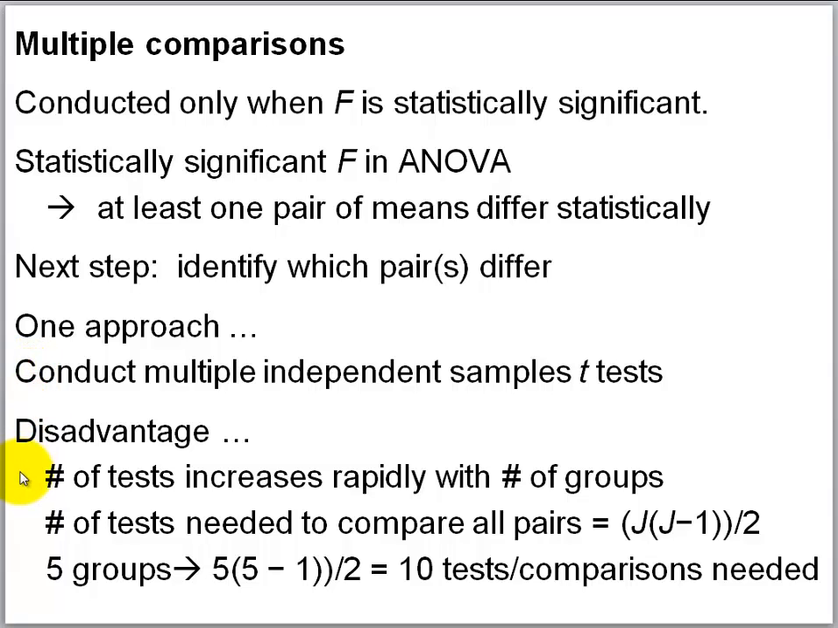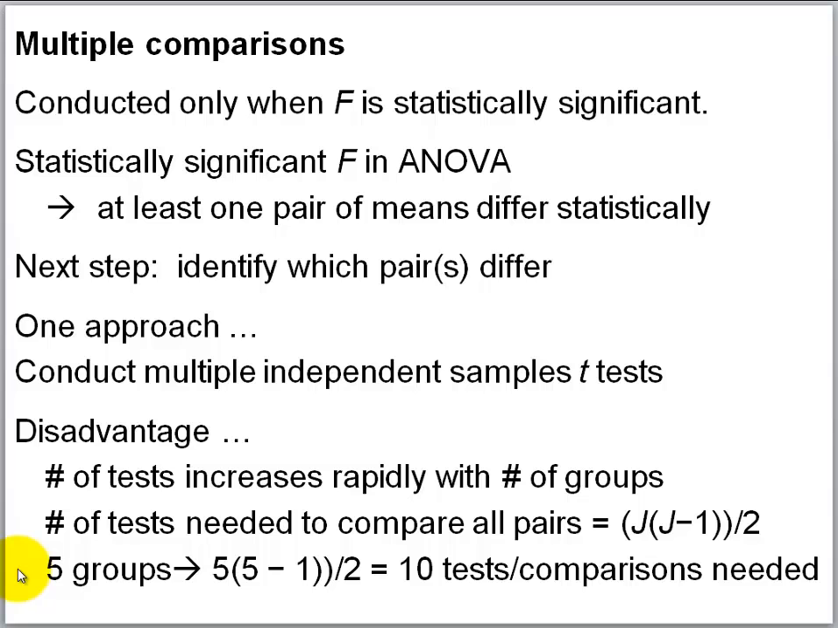Now, one disadvantage of doing so is that the number of tests, in other words, the number of comparisons between means, increases rapidly with the number of groups. The number of different independent samples t-tests that are necessary to compare all pairs of means equals j times (j minus 1) divided by 2, where j is the number of groups. So you can see that, for instance, if we had 5 groups, we would need to conduct 10 different t-tests,